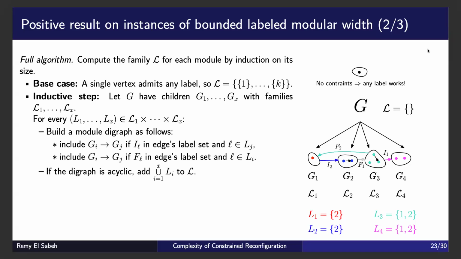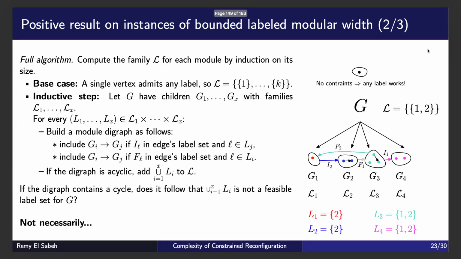So in this case, you would solve G3 using that feasible label set, and you would follow it by, let's say, G4, G1, and G2. So if the digraph is acyclic, we're happy, and we end up including the union of those labels in the labels or the feasible label sets of G. So now the issue is,